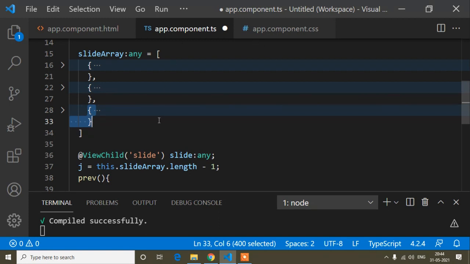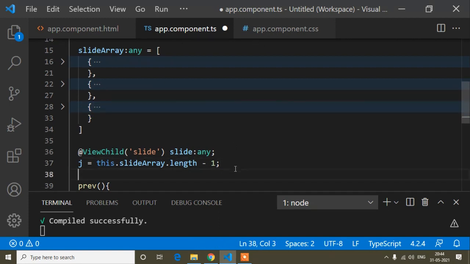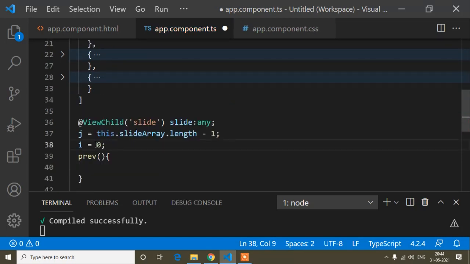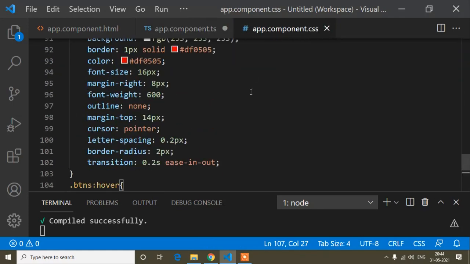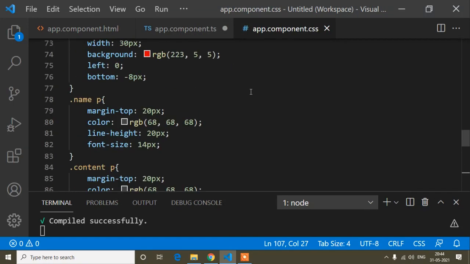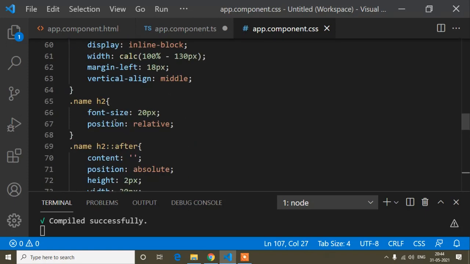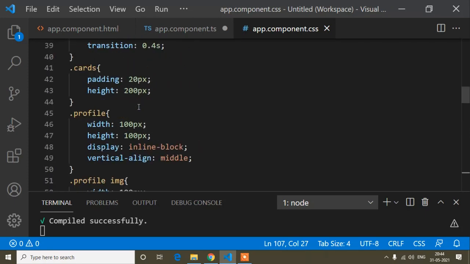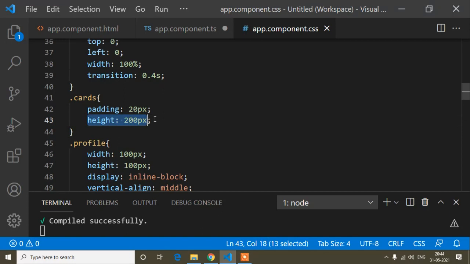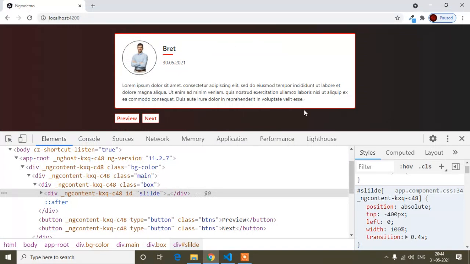And now here I will write another variable, that is i, and first of all I will set it equal to 0, so that will be the height. Height means in this class I have set the height to 200. So first of all this div is 200.